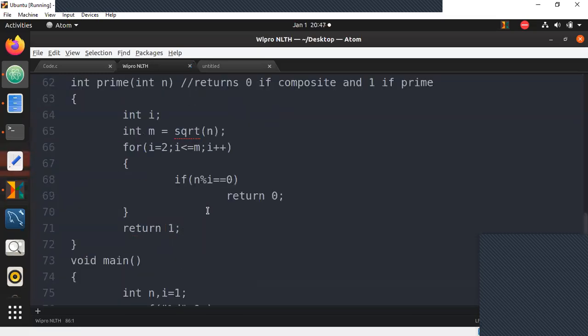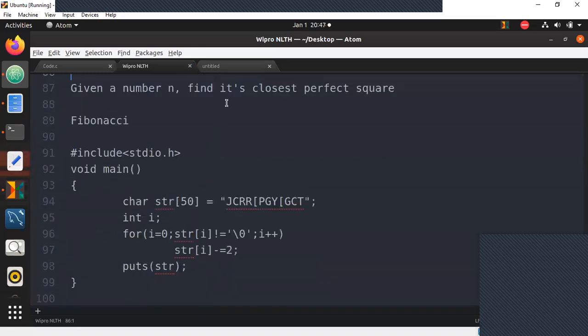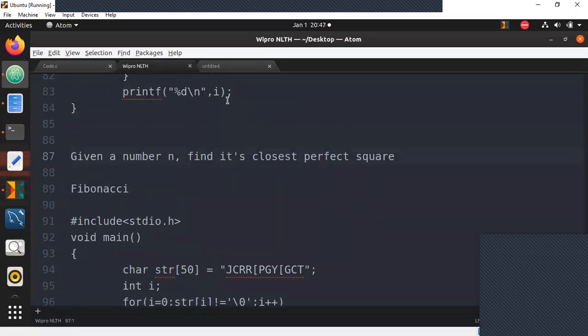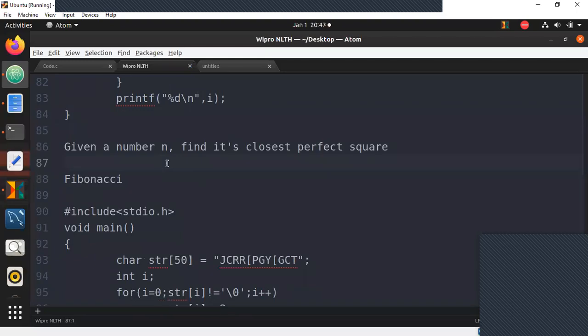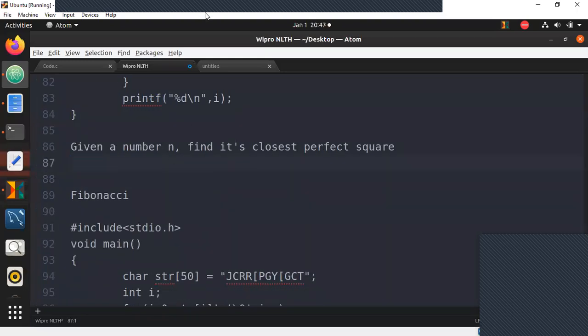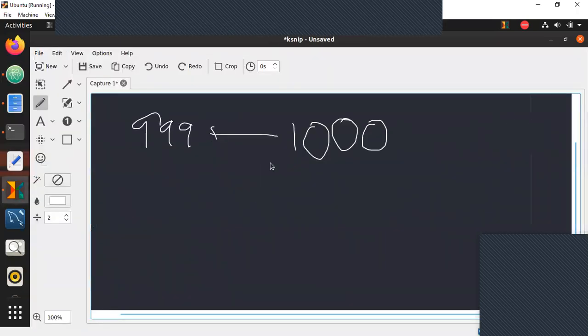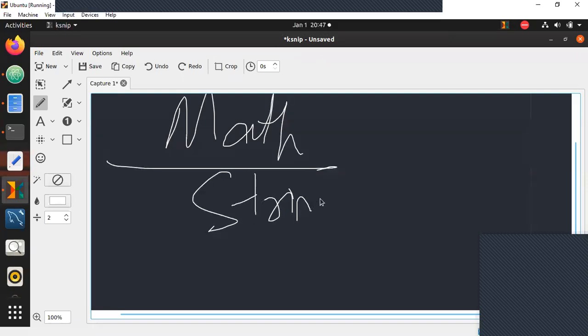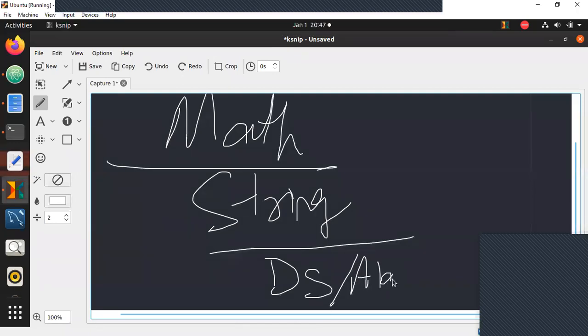So it's not a difficult question, but such questions are generally given with your 30-minute long programs as well. So these are some things that are often asked, and you guys need to know about these as well. Again, I'll just point this out. You guys can expect any of the following questions: math or strings or a data structure based, algorithm based problem.